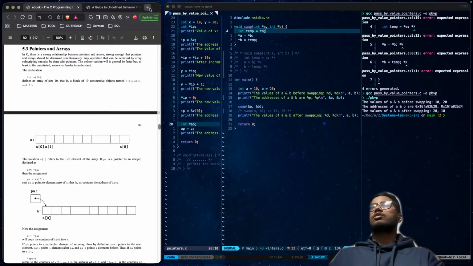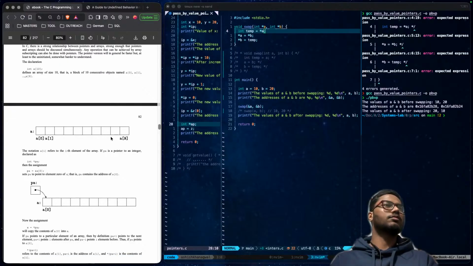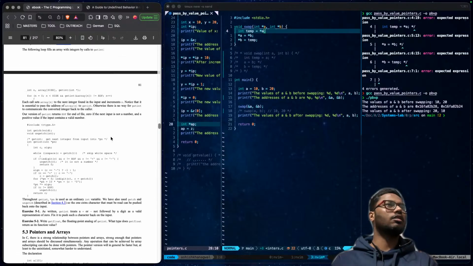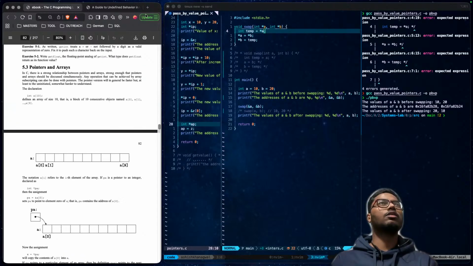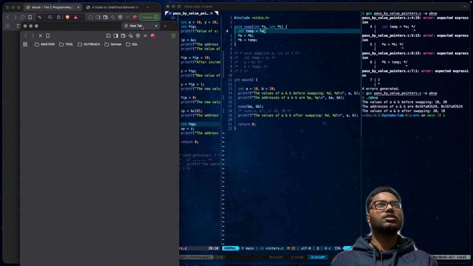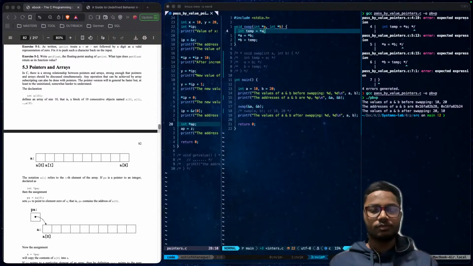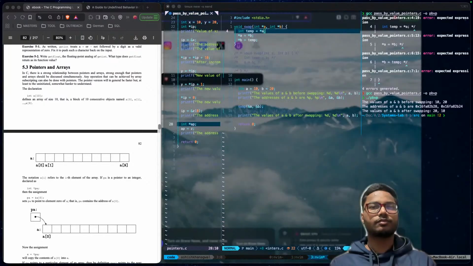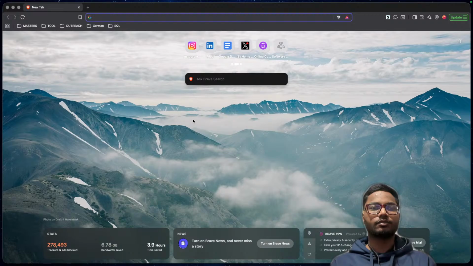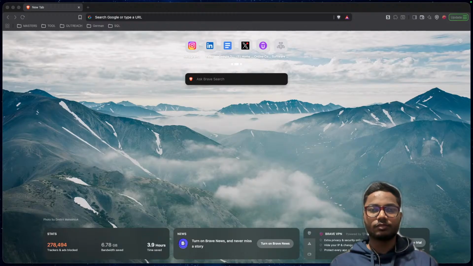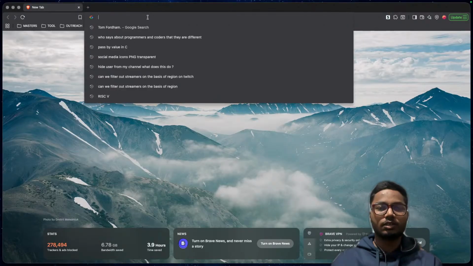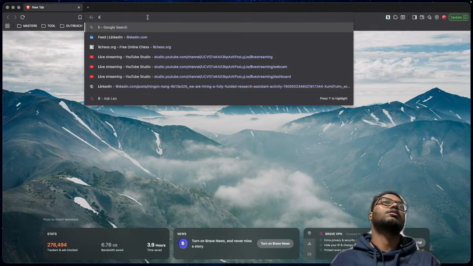Okay, this is all from our operating system, I mean, from our C language and studying about pointers and all. Now we can... hope you guys are able to see. Okay, now let's have some fun.